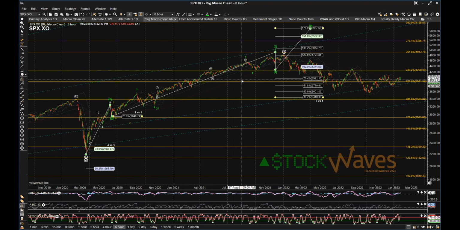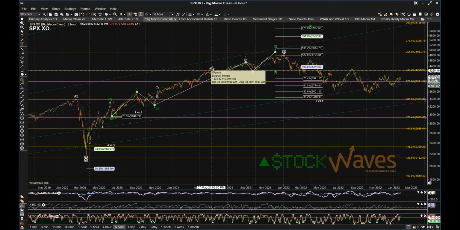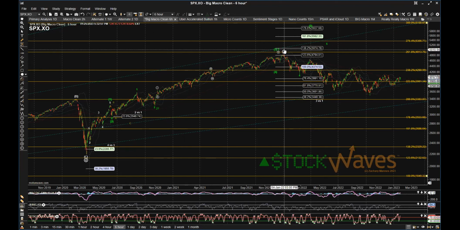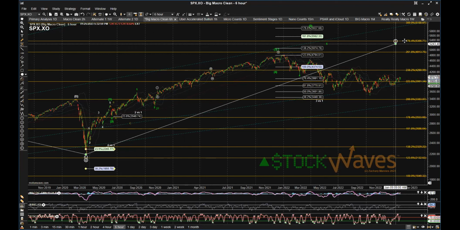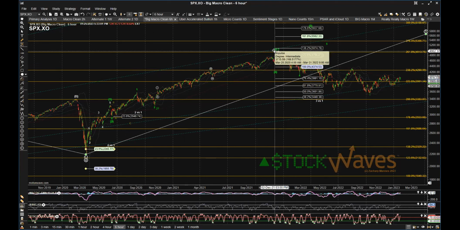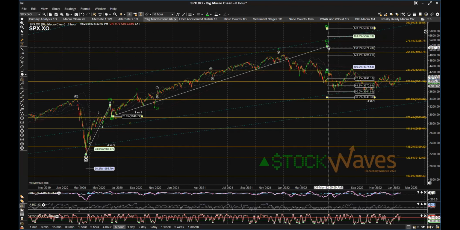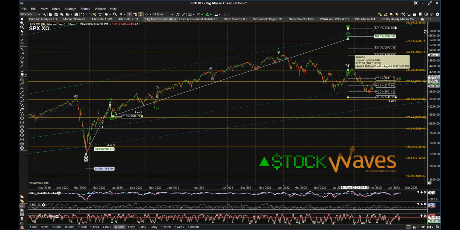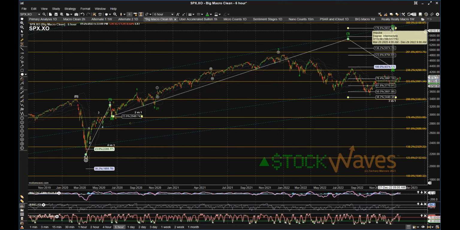So by this point, we hit a 1.236 extension. So even though we could count enough subwaves, it really looked better at the time as though this was still just the minor degree, wave 3. And I'm going to move this big circle, wave 5, further out of the way over here. It looked like this was just the minor degree, wave 3, and that because we were all the way up to the next fib here,